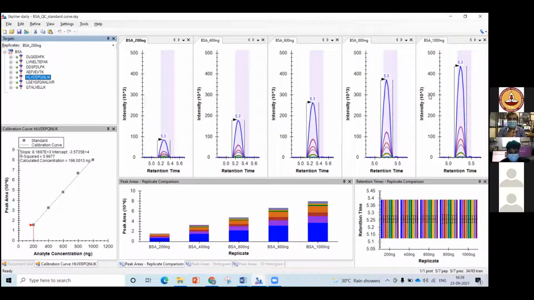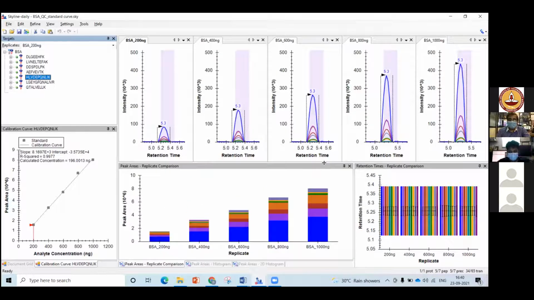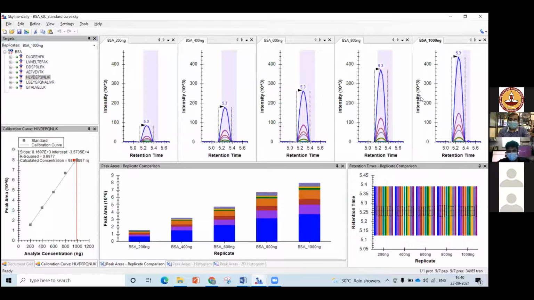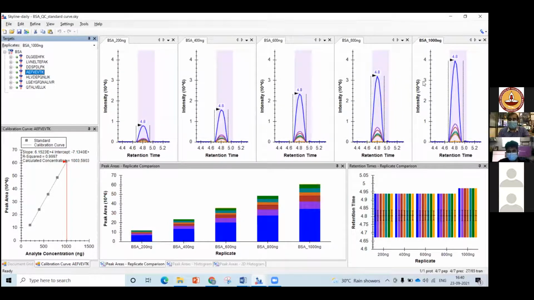And now what we are talking about is different instrument data, which is coming from a triple quadrupole mass spectrometer. But while doing so, please make sure that while we talk about proteomics and proteogenomics, you don't lose your basic concepts and your biochemistry. Making your standard graph, doing calibration, doing quality control checks are equally important, if not more in this case, because you generate so much data here. So we have to be very cautious about how to develop our assay and how to make sure that it is really reproducible. And right now what we are talking about is a technology which is almost analogous to ELISA.